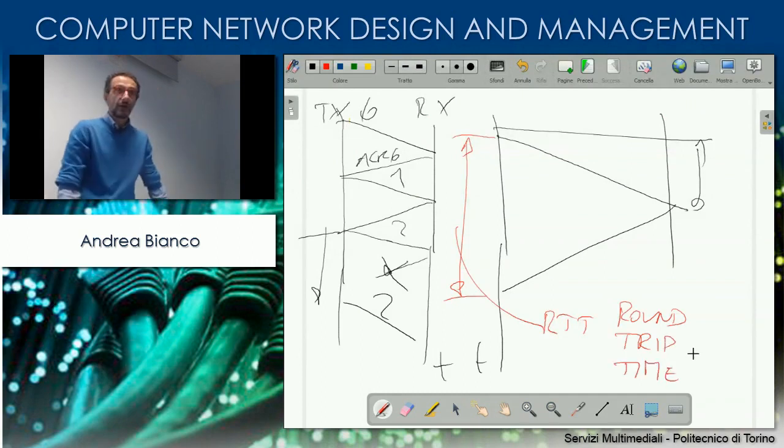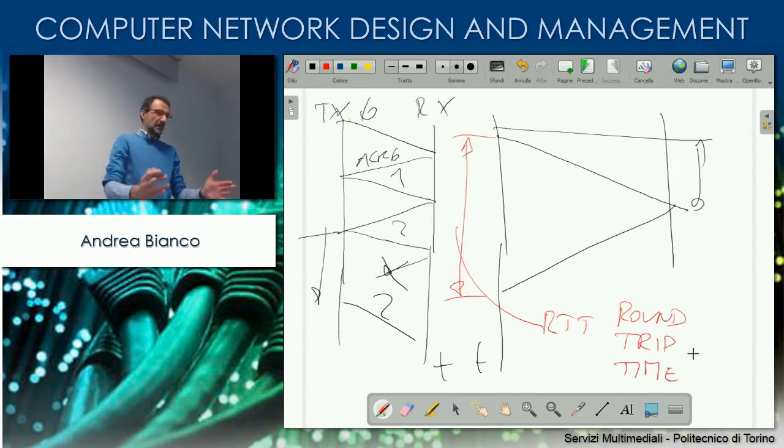RTT, it's called round trip time, okay? And as I said, the larger the round trip time for a fixed number of packets that you can send without getting the ACK, the smaller is going to be your bit rate, okay? So if you can send, suppose, only 1 packet,